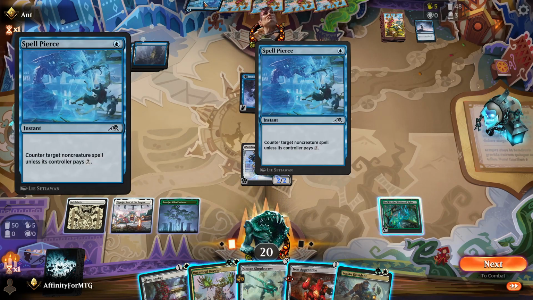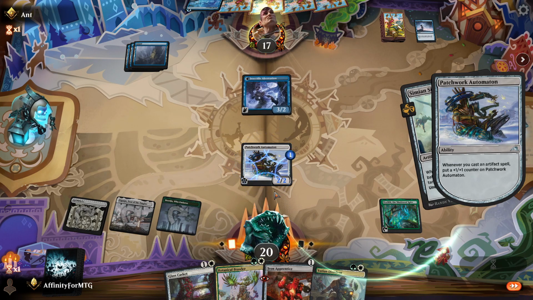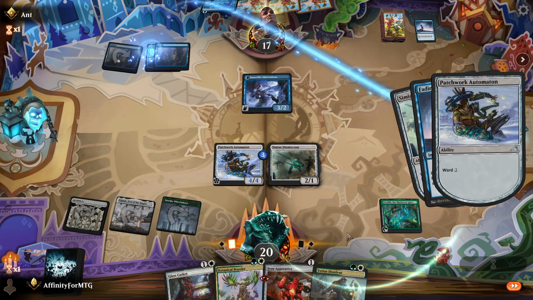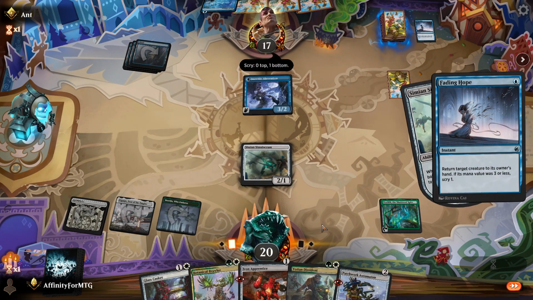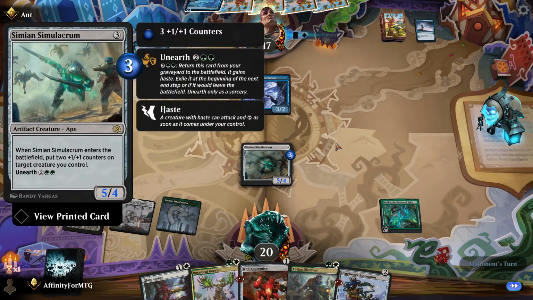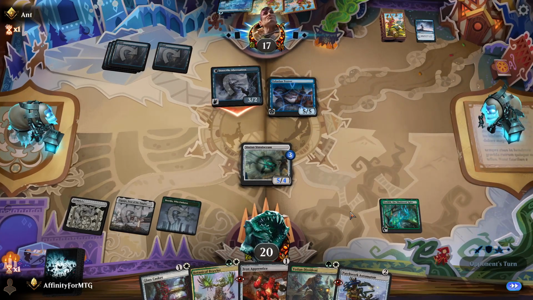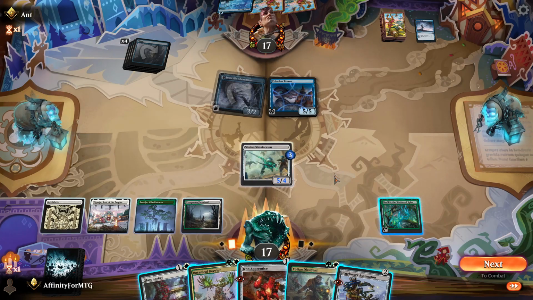Alright, so this targets non-creatures. We'll just play this. Get 2 counters. So it's a 4/4. I'll put these counters on itself. Bounces. That's fine, I guess. So this is a 5/4 that we paid 3 mana for. Seems pretty good. Tolarian Terror. Alright. Land. Ooh, what are we doing here then? Probably